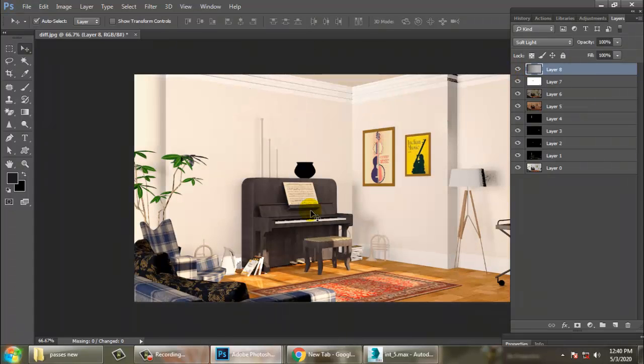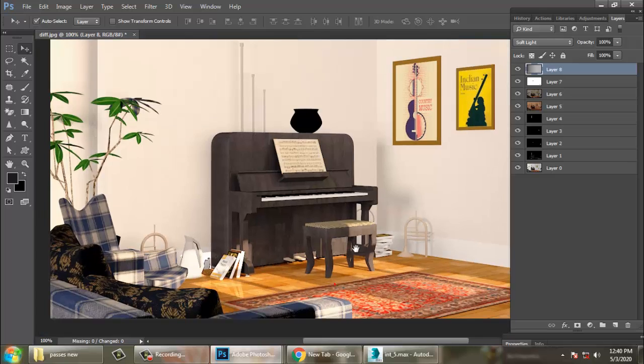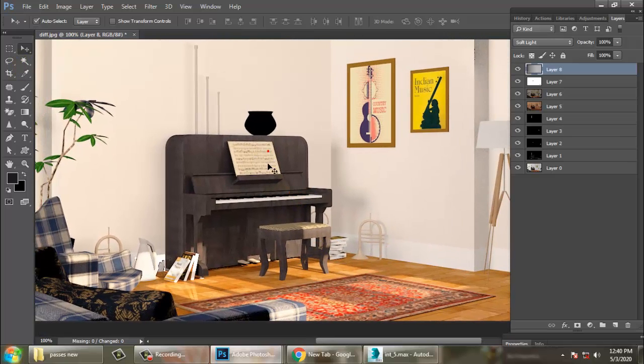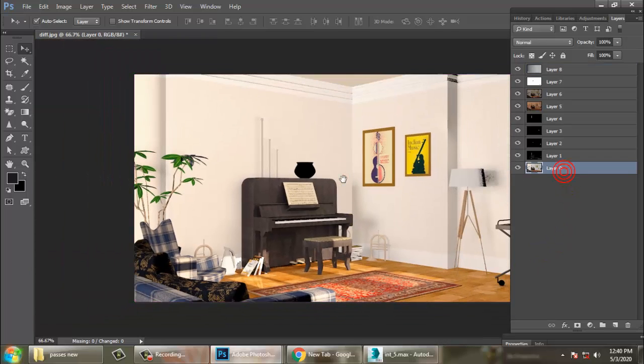So as we have just composited all these passes, we need one more pass, the other pass, like your atmospheric, that's the volume light pass, and your occlusion pass. So we can just composite both.